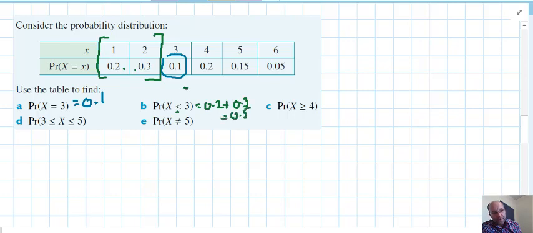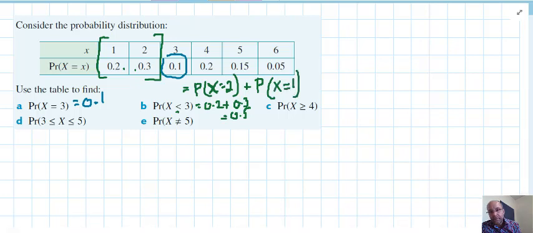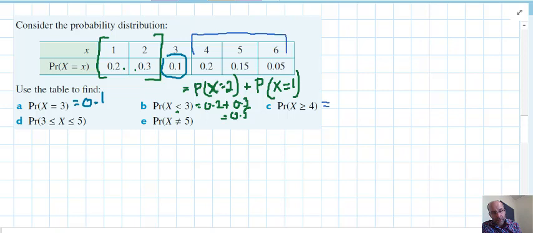The reason for that is that it's the probability of x equals 2 plus the probability of x equals 1 added together. Part C, the probability that x is greater than or equal to 4. Now that's inclusive, greater than or equal to, so there we are looking at the probability that x equals